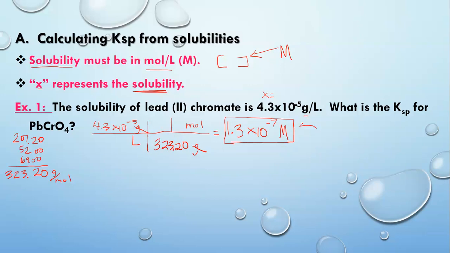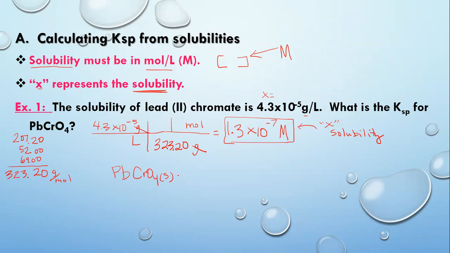Remember, this is the solubility, which is our X in our table. Now, I want you to make sure, because I noticed that some of you are having issues with some of your final answers when you're solving. I think those of you having trouble are not writing your equation. So I'm going to require that I'm looking for your reaction. I need you to write that out from here on out. PbCrO4,